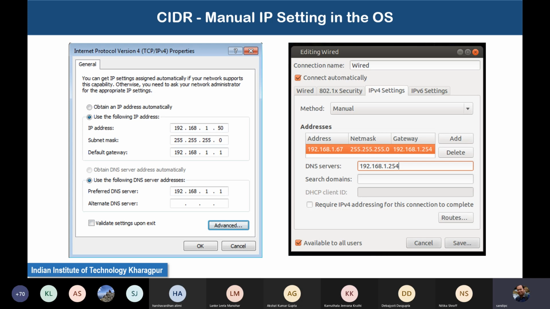Whenever you first start your network, your machine will broadcast a DHCP packet to find out where the DHCP server is running. It will contact the DHCP server, and the DHCP server will provide the IP addressing details that will contain these three fields. Indeed, all the four fields: IP address, subnet mask, gateway, and preferred DNS. And that will get configured in your machine automatically. So if you do an auto configuration of the IP address, that is done with the help of the DHCP protocol, or Dynamic Host Configuration Protocol. Otherwise, if you manually put the IP address, you need to put all this information.